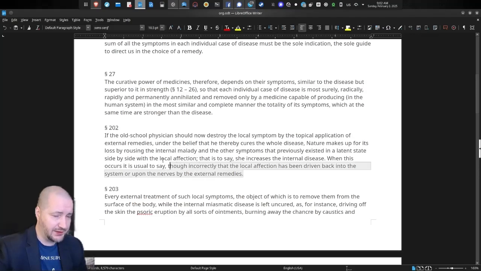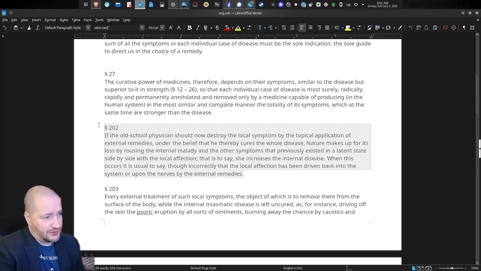And this can also take place if you give wrong remedies, right? If you give remedies based on one symptom, like you have a wart or something, and you give a remedy which is strongly indicated for warts, just based on that, what might happen is that the wart will disappear and you will develop more serious problems internally. So this occurs also with homeopathic remedies. It's called suppression.